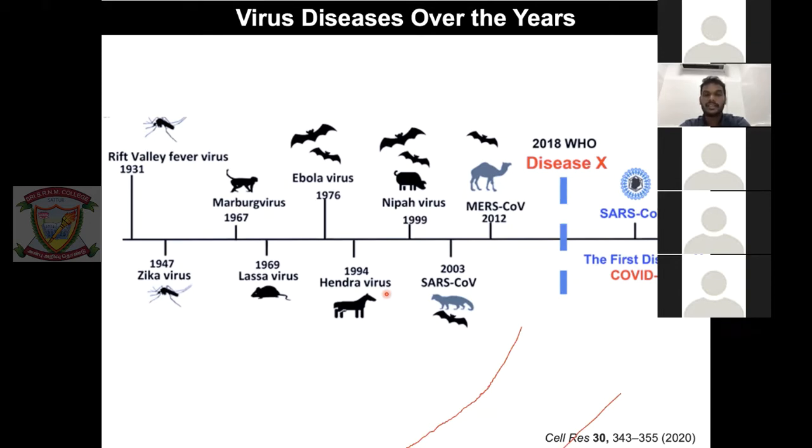Then in 1967, there was a virus originating from monkeys, called Marburg virus. And 1969 Lassa virus, 1976 Ebola virus. Even today we are still hearing about Ebola infections. These three, Marburg virus, Lassa virus, and Ebola virus, are known to cause bleeding inside your organs. Basically, the blood will be released inside your body without your knowing. So they are really, really dangerous. Ebola virus, for example, causes like 98% fatalities, meaning once you get it, there's a very high chance that you die.